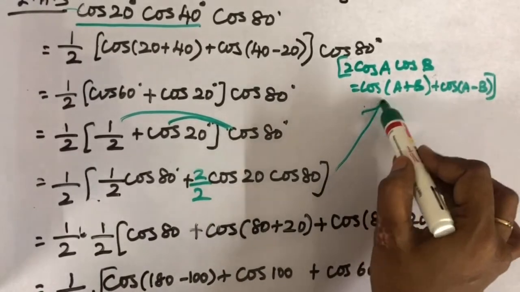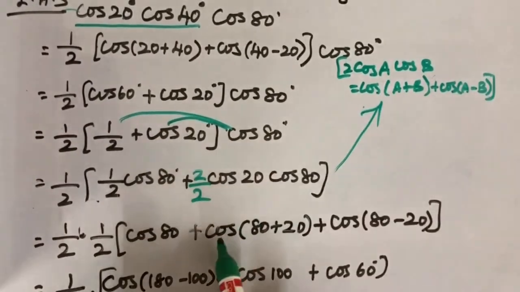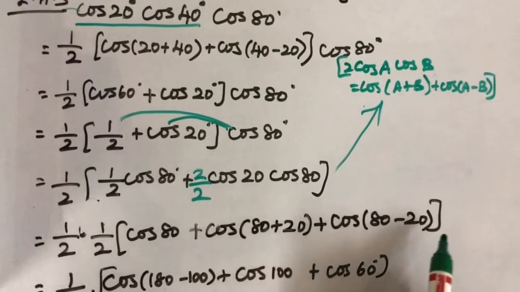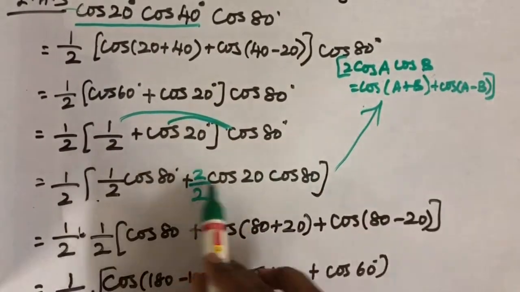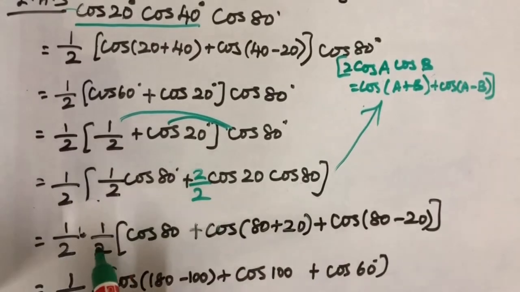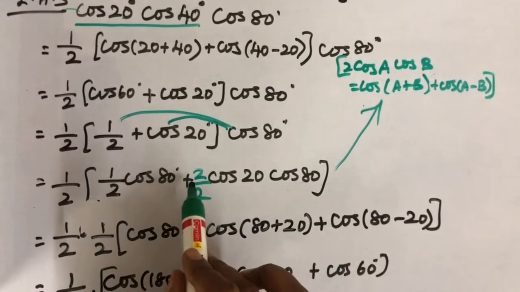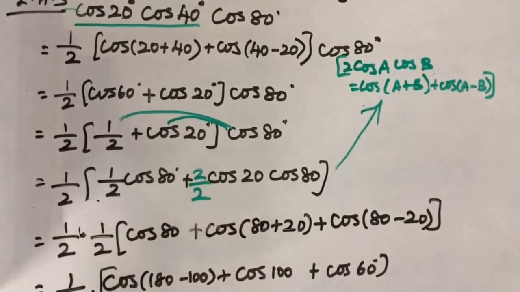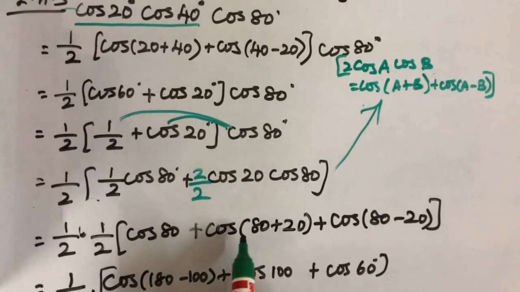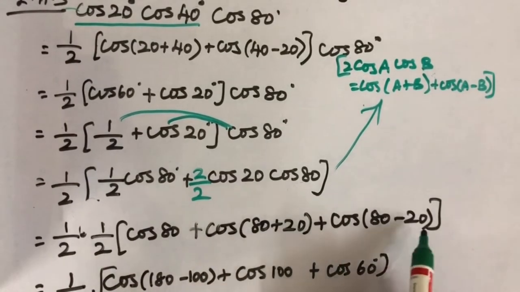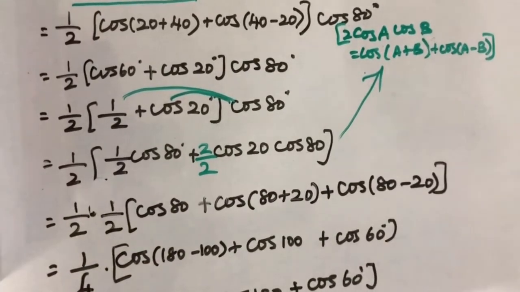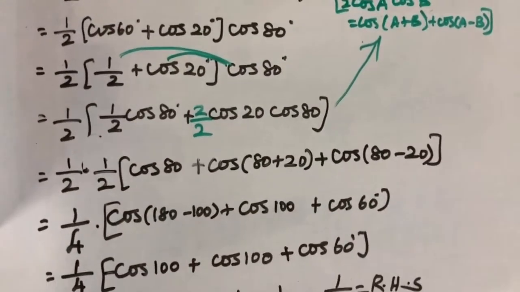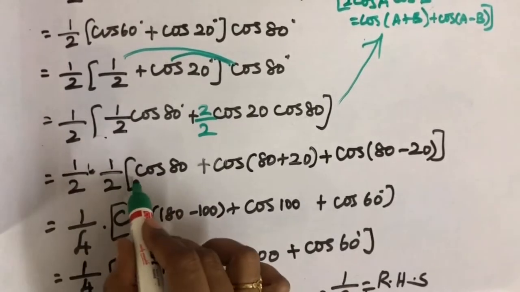Again with this formula, 2 cos A cos B is there, and only the 2 from the denominator has come outside. So in the numerator you have 2 cos 20 cos 80, which you can write as cos (80 plus 20) plus cos (80 minus 20). So 1 by 2 into 1 by 2 is 1 by 4, and this cos 80...